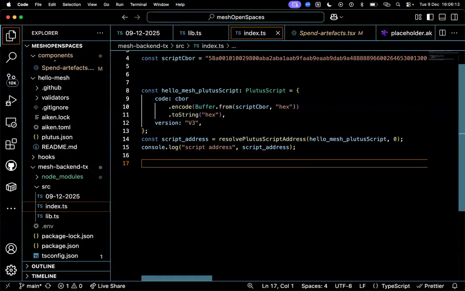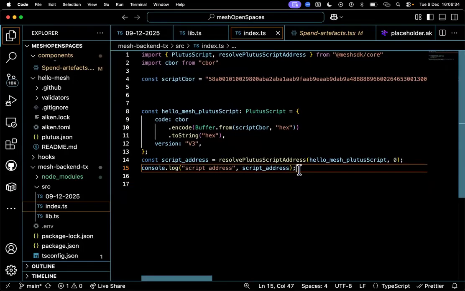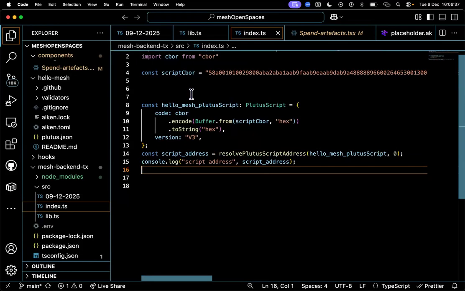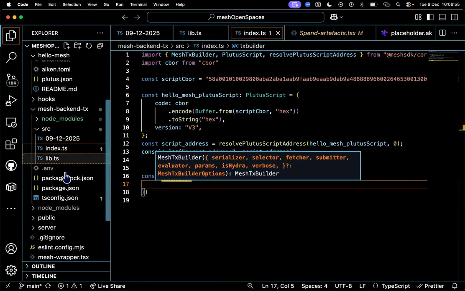As for me, I won't think of all of the parameters or the correct values, the correct data type that should be getting into the mesh transaction builder. I will just go ahead and write in the mesh transaction builder first. Then I would start adding the manipulations here. So let me just do txBuilder equals a new MeshTxBuilder, and I'm going to